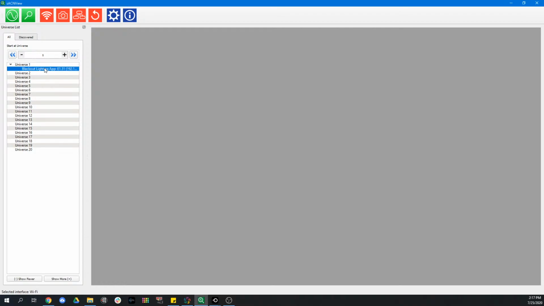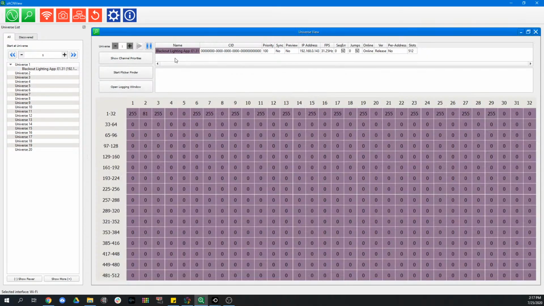SACN viewer, if you're not aware, is a program that allows you to see SACN data from any source. So this is picking it up on the network, and you can see it has found Blackout lighting app E1.31, which is the protocol for SACN, and all of the levels right here. So if I go ahead and put 1 out, you'll see 1 right here, 1 out. And now if I go back to my view here,